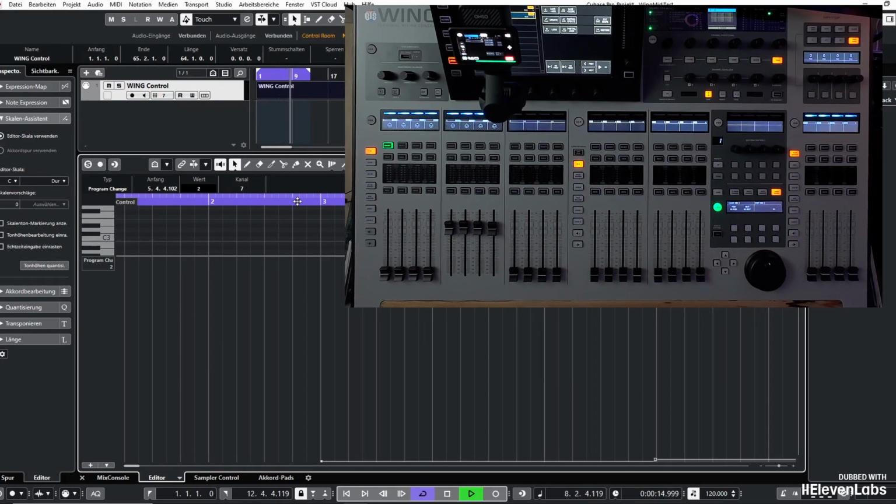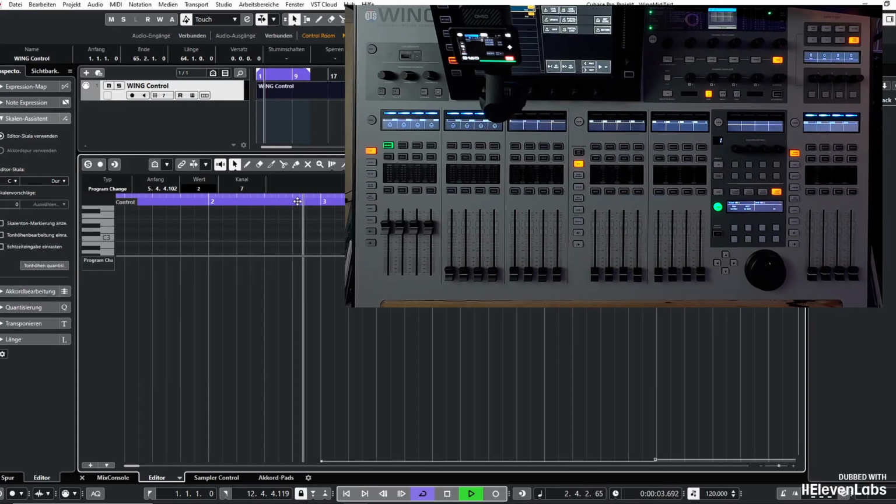You can now use this perfectly for automation. For example, if you have created a track where you want to switch between chorus, verse, and a third part, with different snaps. For example, if you want to bring up a guitar solo volume, then you can save a snap here and it will be triggered at the right moment.